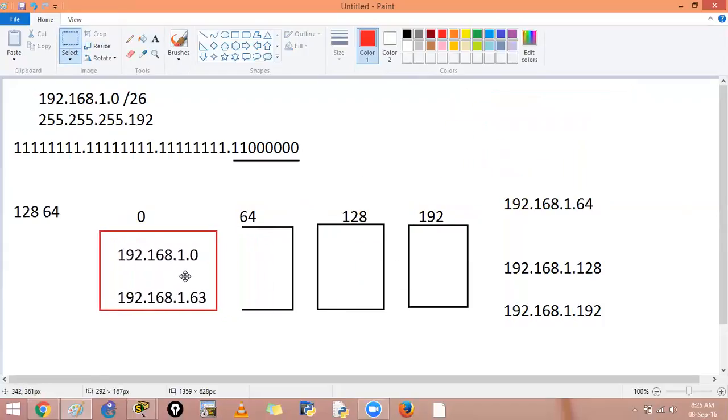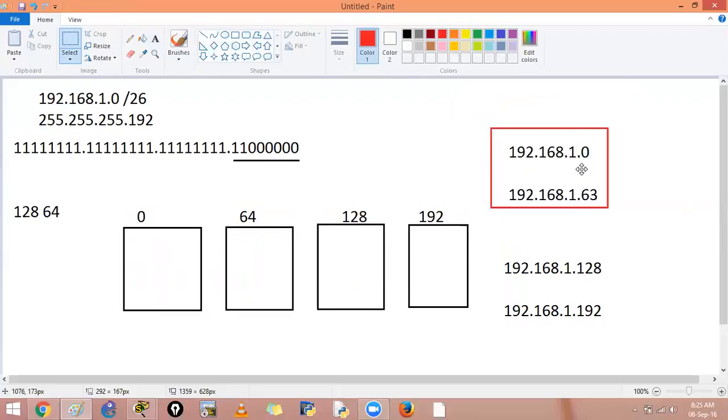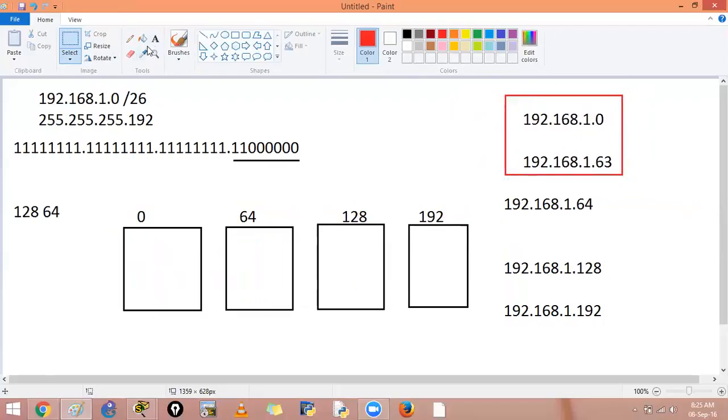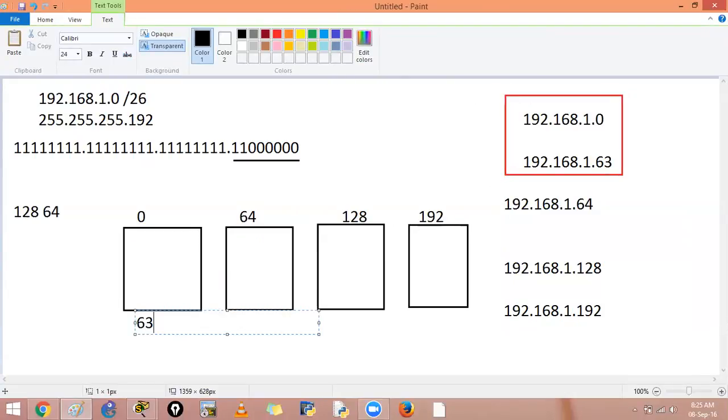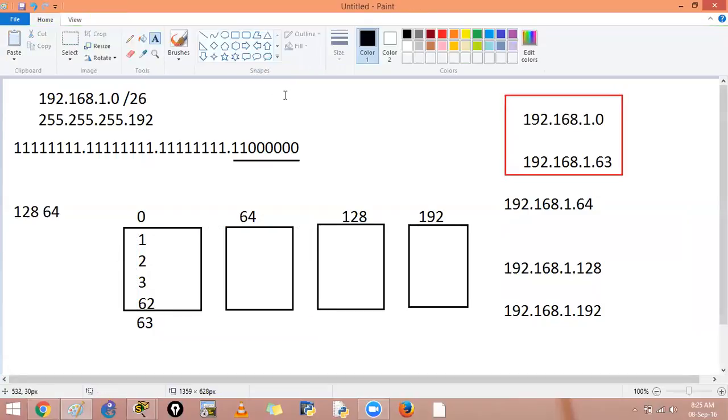This piece is same, like this. So here I can say 63. So I cannot use 0 and 63, although the numbers 192.168.1.1 to 62 are my valid IP addresses. So if I say I have a number